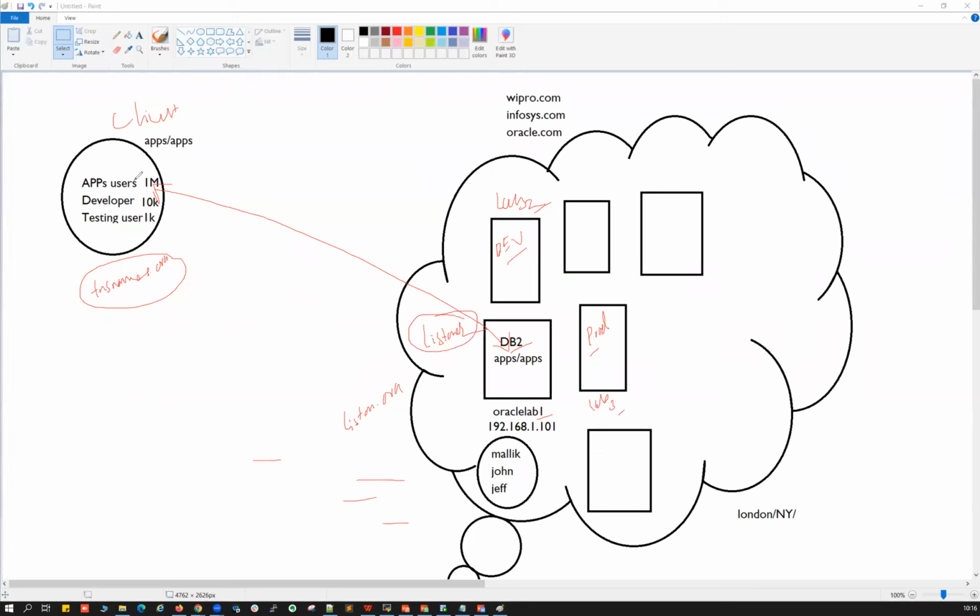And the moment this client gives the connection, your listener will take all that information, check whether all the information is correct and matching, and then your listener further allows them to connect to your database. That's a simple understanding. We need a client side TNS names, and on the server side, we need a listener file, and your listener service will be running over here, and the client gives all those details. The listener will take the details and allow them to connect to my database. Right. Let's quickly check on the demo, how that is going to work.